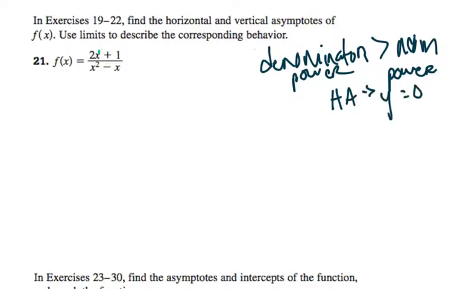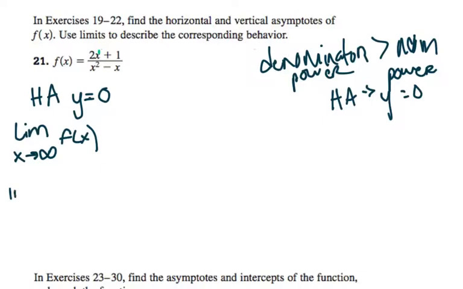And so because we have that here, we are going to say our horizontal asymptote is y equals 0. And then we'll talk about our limits. So the limit as we approach the right of the function, and the limit as we go to the left, meaning negative infinity, of the function. And then we'll have a vertical asymptote, or actually 2,